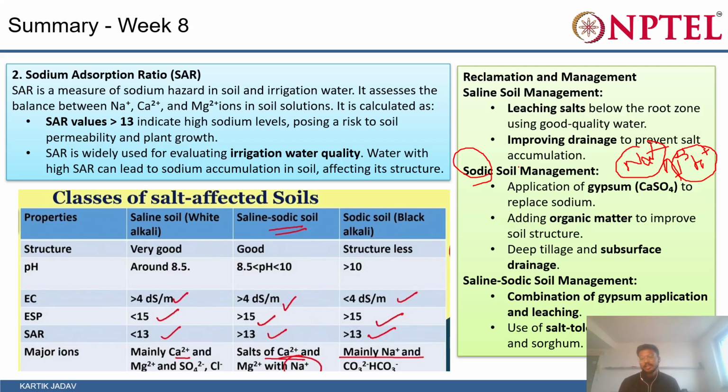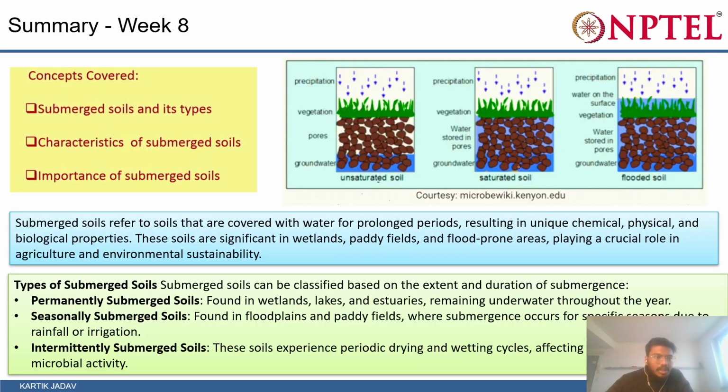So basically, in saline sodic soil, what are we doing first? We are adding gypsum. Gypsum generally reduces the sodium content, and then we are creating drainage conditions for leaching out these salts. And then these are again